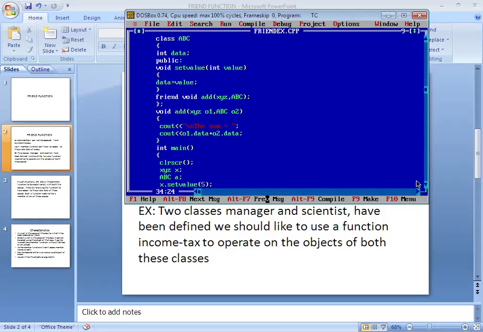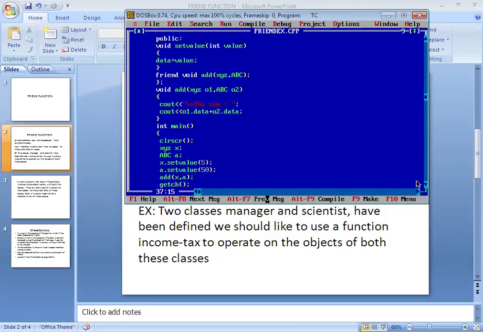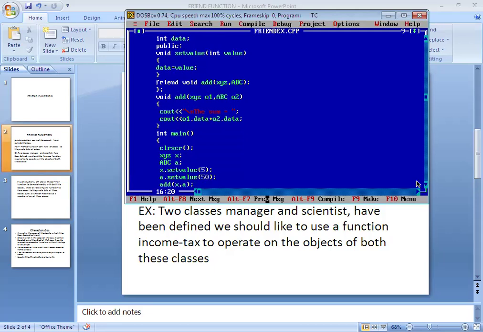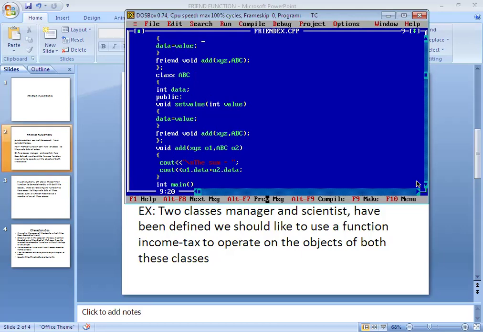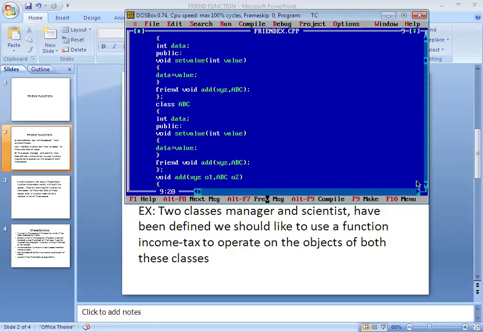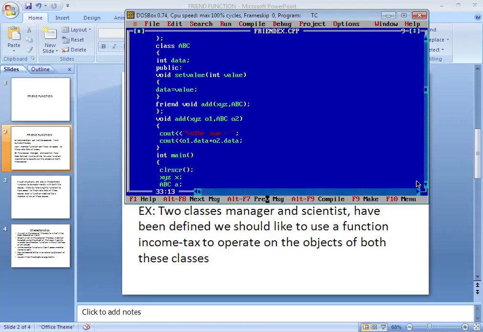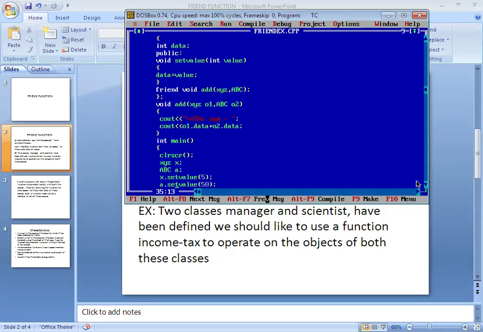We are creating objects X and A, X for the XYZ class and A for the ABC class. Then the set value function is called here. 5 is passed, so 5 is assigned to the data here. And for the ABC class, 50 is passed, right? The value 50 is assigned here. Now